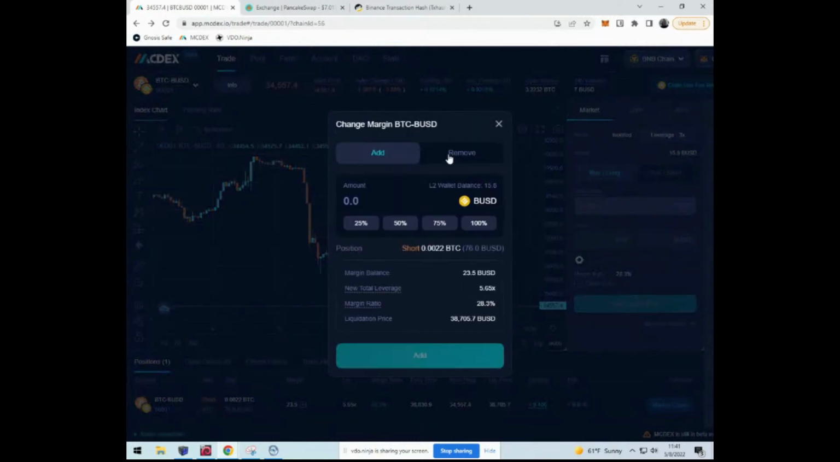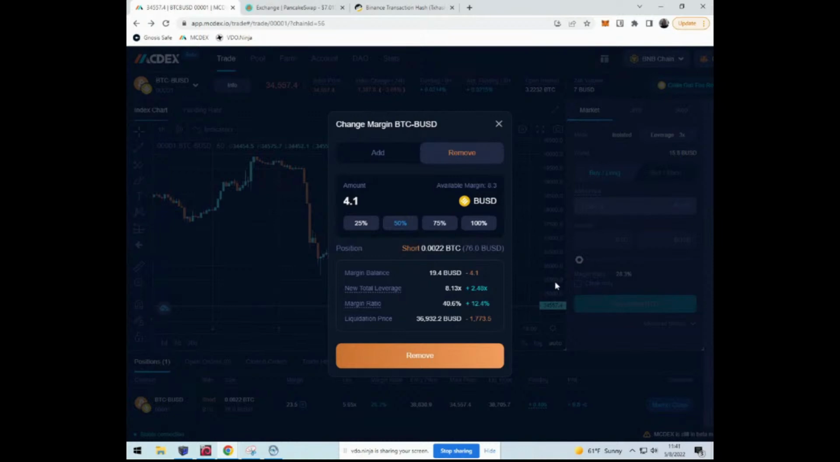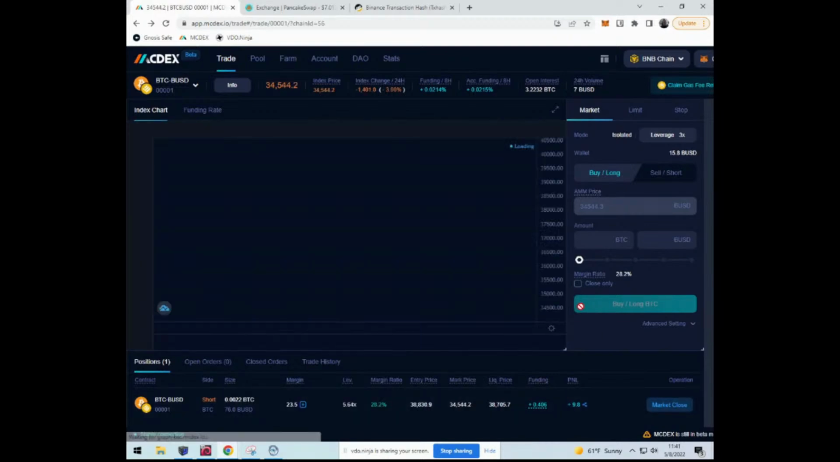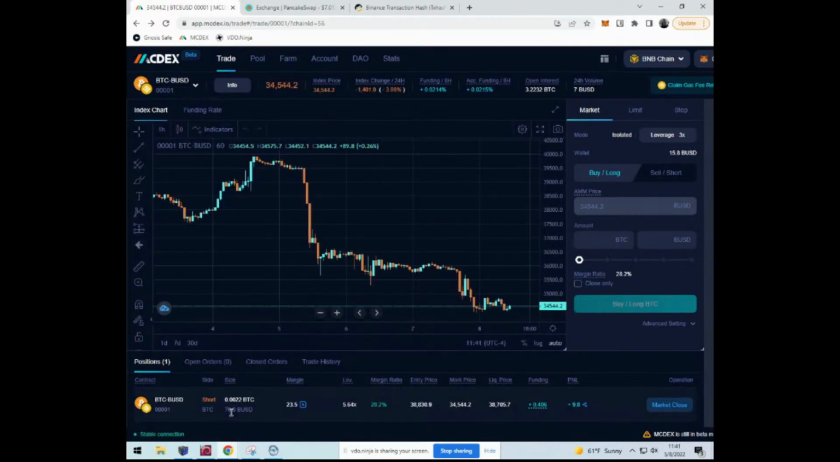Because if we go in here and go to remove 50% of what's left, we would start getting up into the 40% margin ratio, which is where I don't like to go. I like to stay definitely well below 40, but since the market's falling, I'm willing to take a little bit more off of margin. We're still exposed to 76 BUSD worth of short exposure to Bitcoin, but since the price has come down, our margin requirements have also come down,